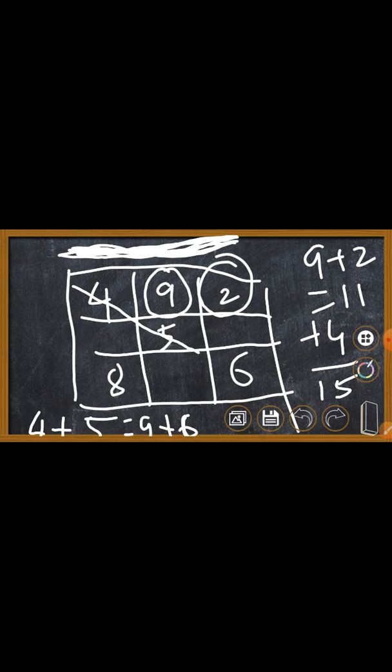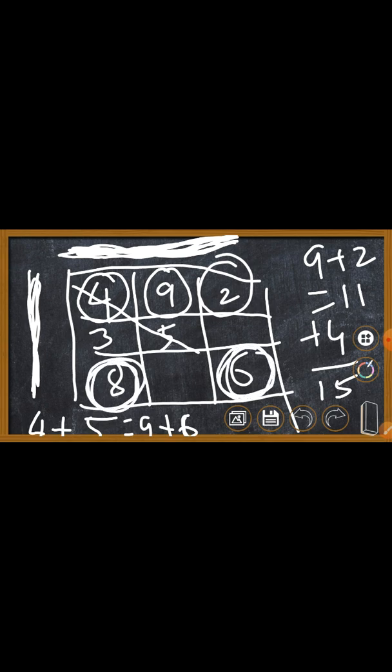Now let's look at this one. The two pieces of information over here are 8 and 4. 8 plus 4 is 12. 12 plus how much is 15? 12 plus 3 is 15. So I write down 3 over here. Now let's look at the three boxes at the bottom. The two pieces of information given are 8 and 6. 8 plus 6 is 14. So I will write 1 over here to make the sum of these three boxes 15.